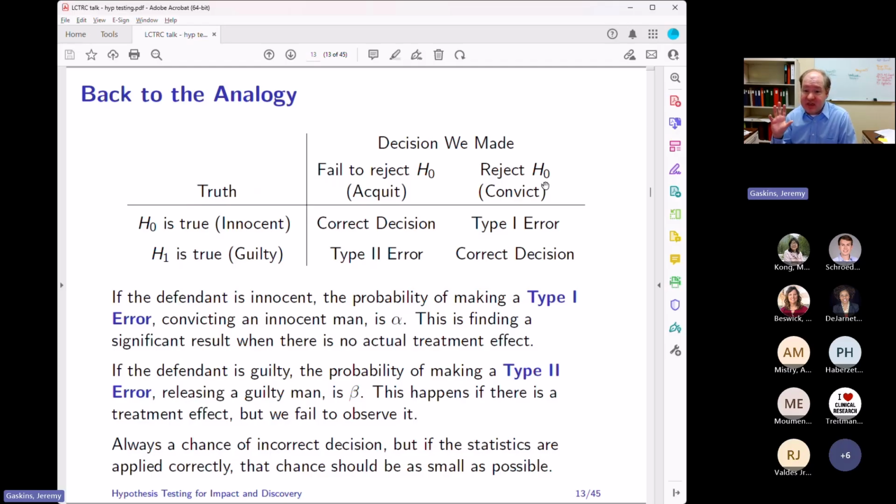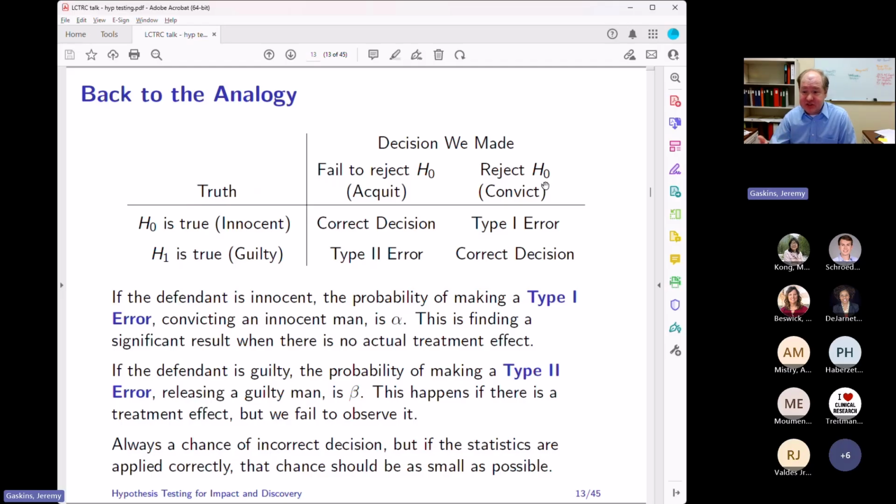And so the statistical tests are designed such that the probability of a type 1 error is alpha. So the alpha that we were comparing our p-values to, that is the probability that we make a type 1 error. That's the probability that we send an innocent person off to jail, that we promote a false hypothesis, a true null hypothesis.